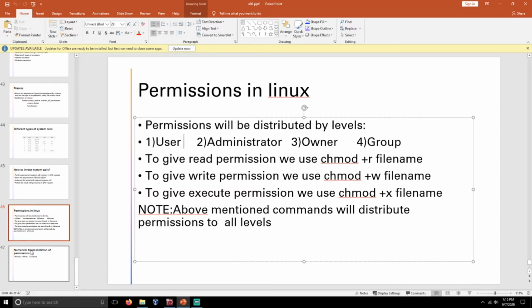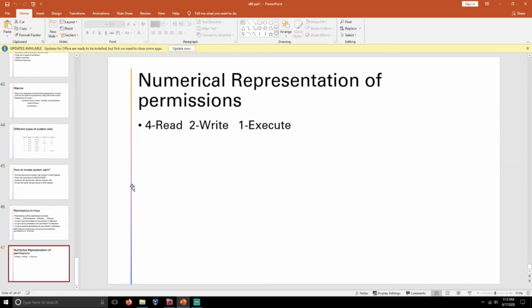After this, you need to know about the numerical representation of permissions, because you can also allocate permissions using numbers. If you mention 4, the read permission will be allocated to the file, if you use number 2, the write permission will be allocated, and if you use number 1, the execute permission will be given.